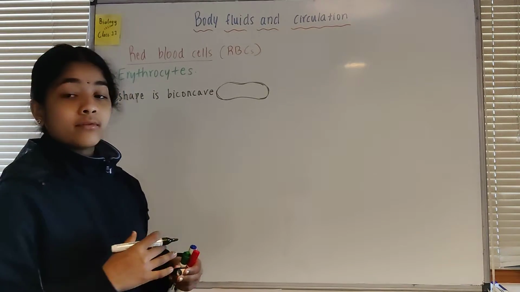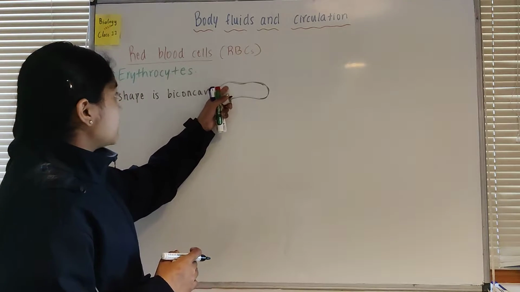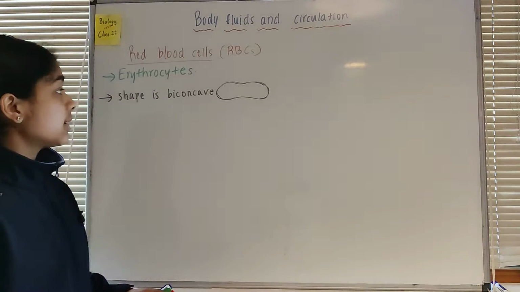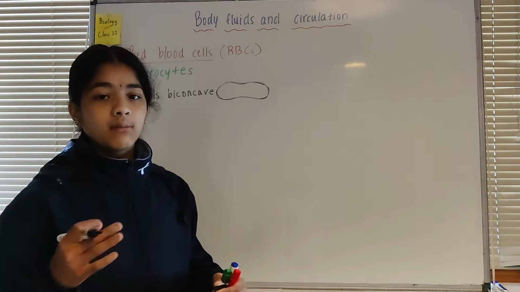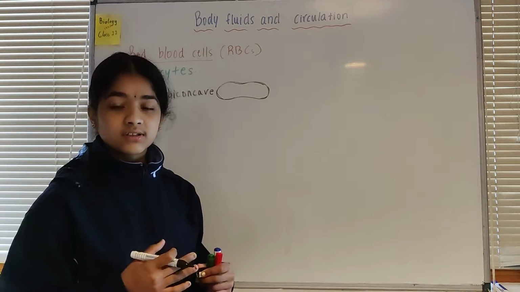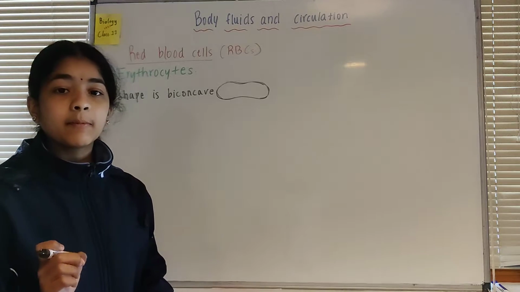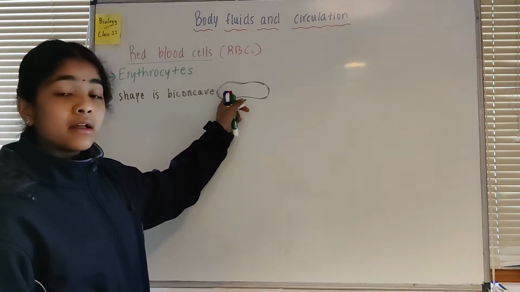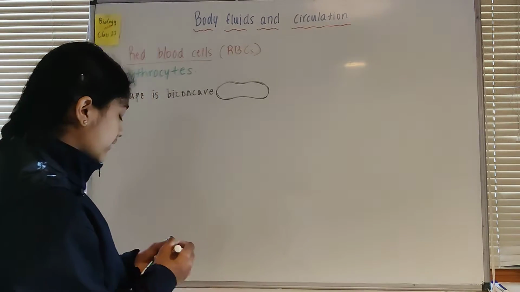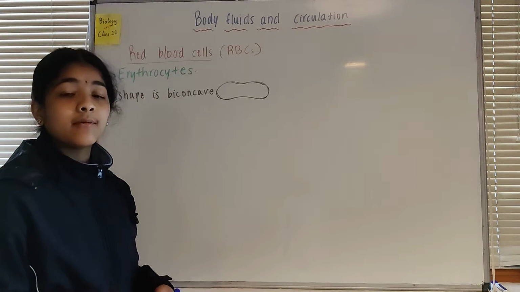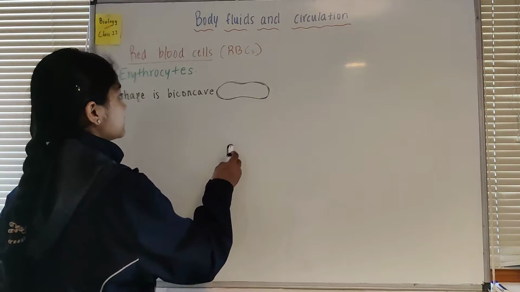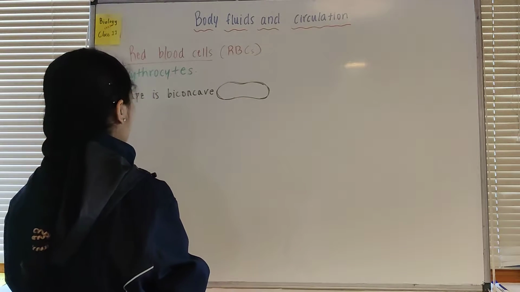So for example, if these red blood cells were round or in a perfect spherical shape, then what happens? They won't easily be able to travel in the blood vessels, because the function of red blood cells is to transport oxygen all around the body. So they have the pigment that is hemoglobin. When they travel, they need to travel to all different parts of the body. If they have a spherical shape, then they won't easily be able to travel in the blood vessels. That's why they have this kind of shape. This is known as the biconcave shape.